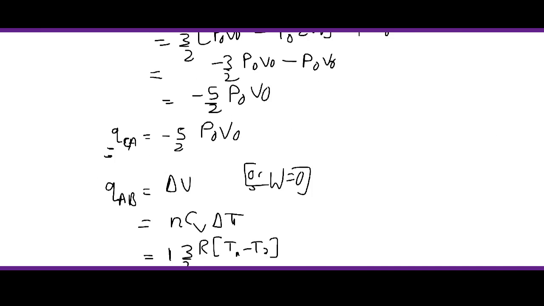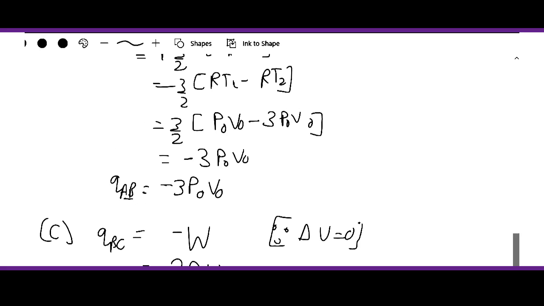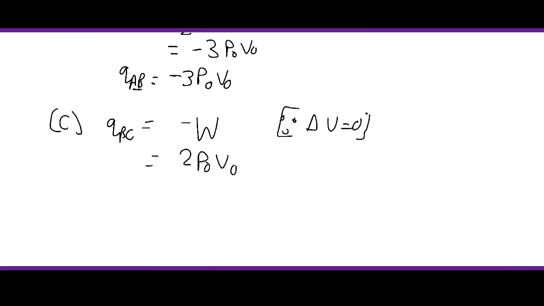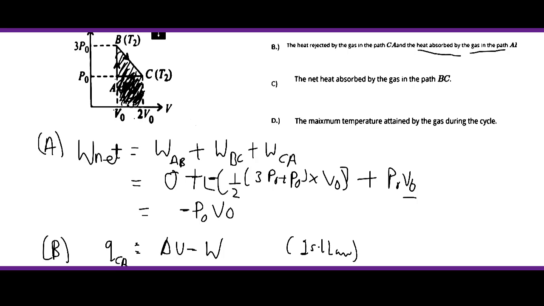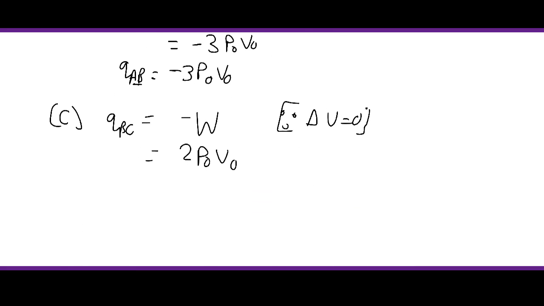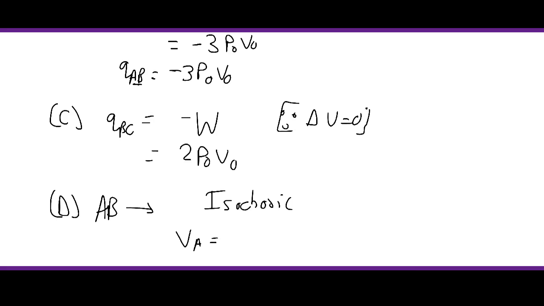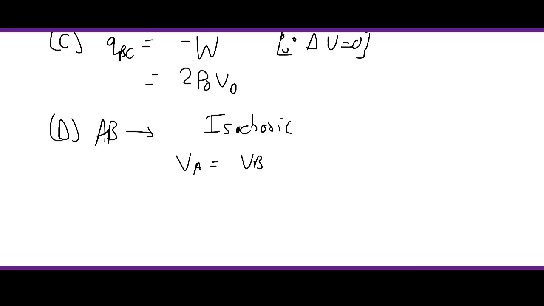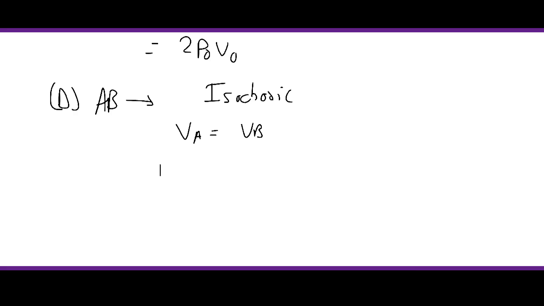So if you see in path A to B, you clearly see it's an isochoric process, so we can write in option D, path AB is isochoric. Therefore, volume at A must be equal to volume at B, and volume at A can be written as